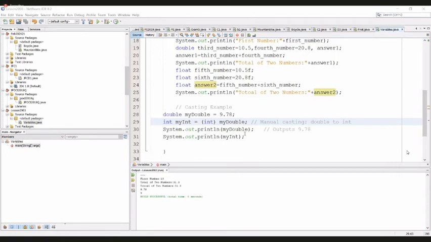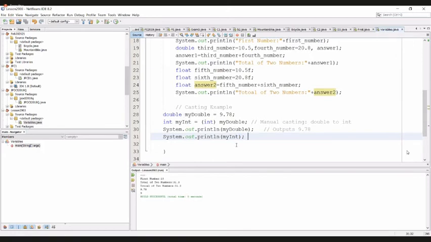System.out.println myDouble. If you use myDouble, then it will output the value as 9.78. But if you print the value of myInt, then it will display 9 because integers do not have decimal places. Now myDouble's converted value is stored in myInt.